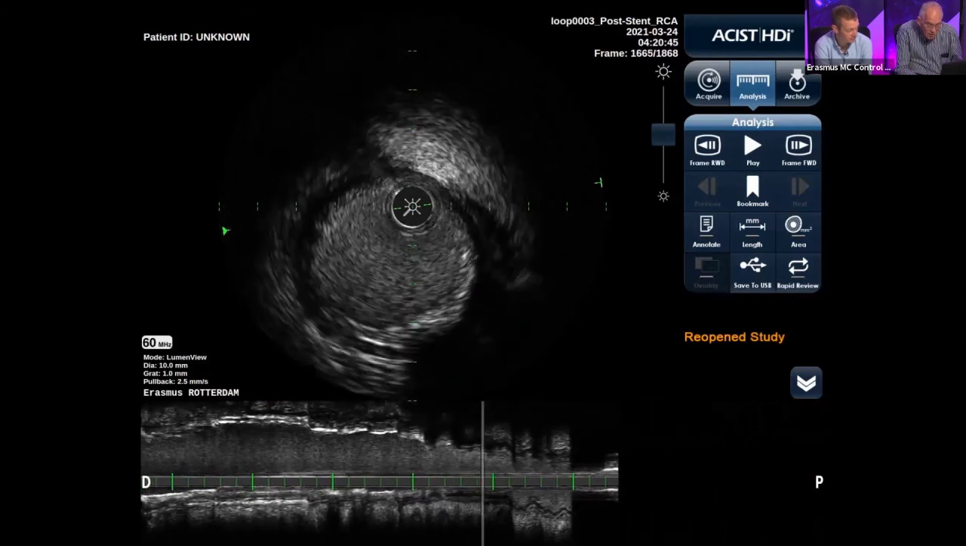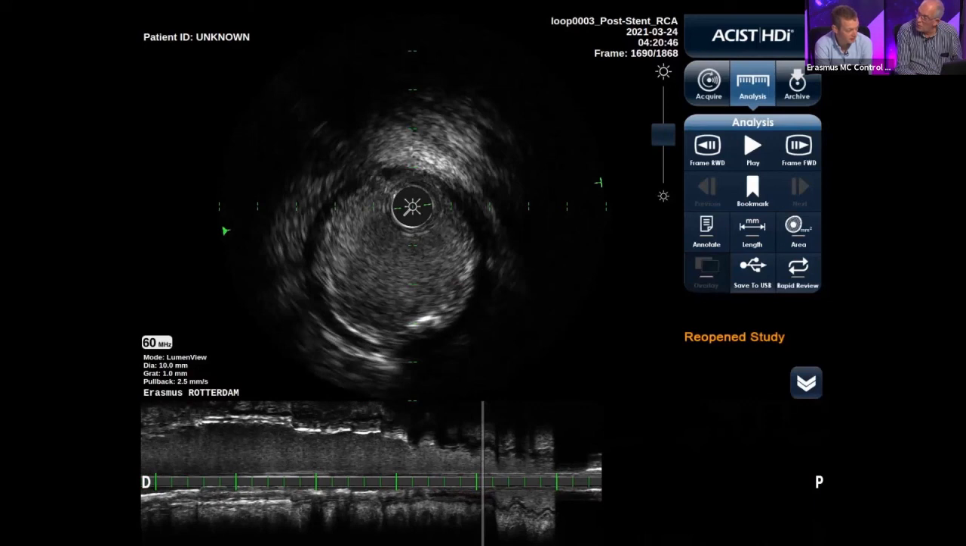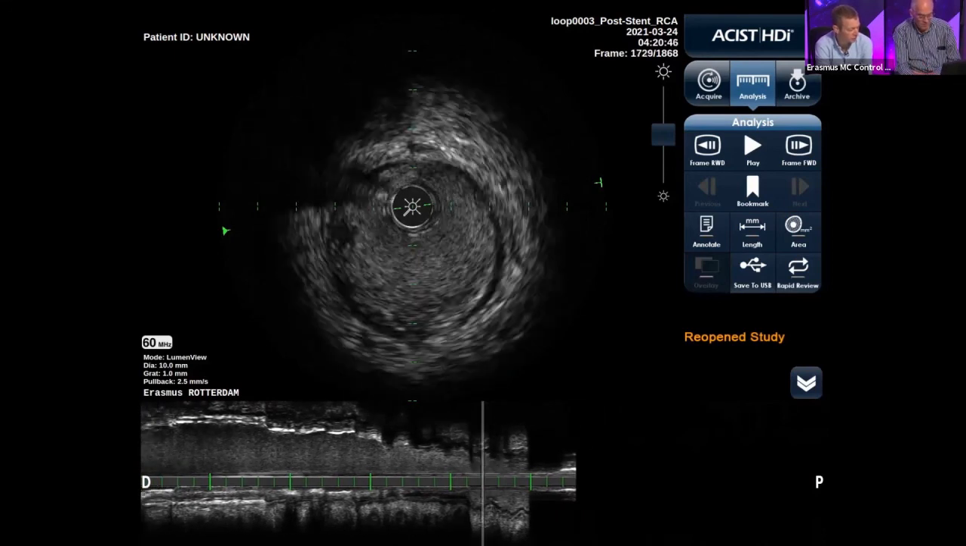So I think also here, there's a good, excellent result, good landing zone, whole thing covered, proper expansion, proper apposition, and good landing zone. So those are the key criteria for optimal stenting. So in this case, clearly met. So if we go back to the slides,